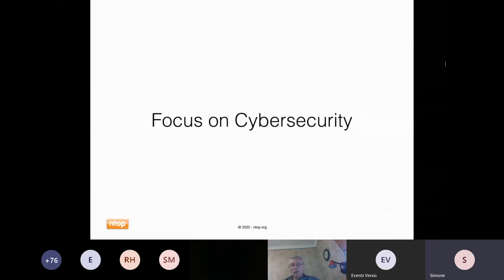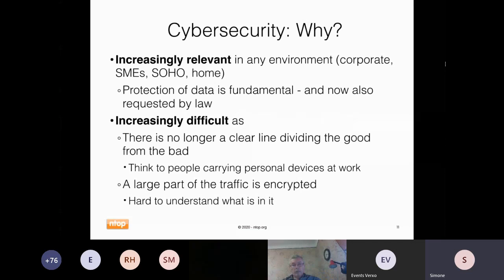All right, let's now have a look at how we focused on cybersecurity in this release. As you all probably know, cybersecurity is increasingly relevant in any environment, not only in corporate environments, but also in small and medium enterprises and homes. It's fundamental to protect the digital assets of our company, or our own personal data,